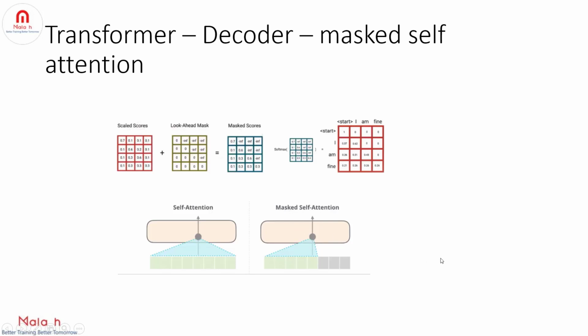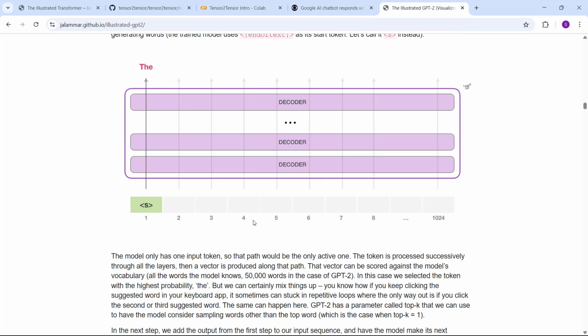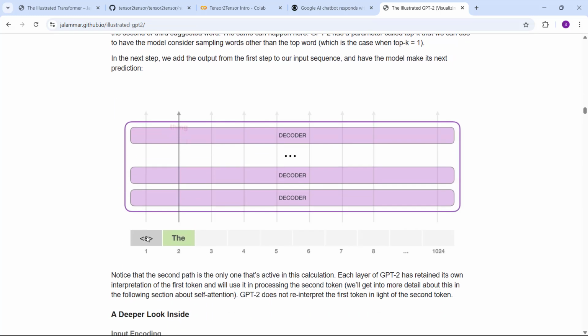So now let's go back to that article so we can deep dive. This is a nice decoder example, right? First thing is we are passing the starting sequence. In step number 1, it only predicts one word, the. And in the next step, we pass again the starting sequence and the predicted word, the, to the decoder model, and it predicts thing. And then in step number 3, we pass the starting sequence, the, and thing, and then it will predict the next word, right? And so on. So one word at a time, or one token at a time actually. That is how the decoder predicts.